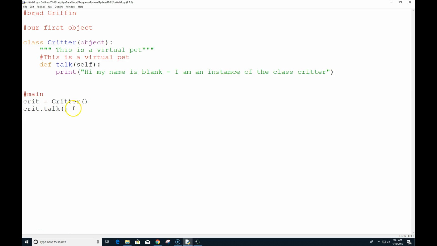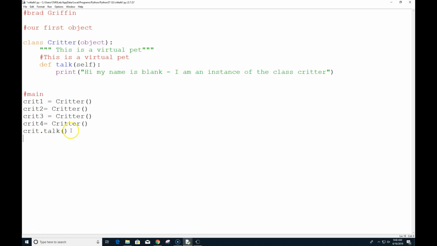We're not limited, though. Let me show you this. We made one copy of that object, and I could call that crit 2, 3, 4. So now I've created 4 copies of that.